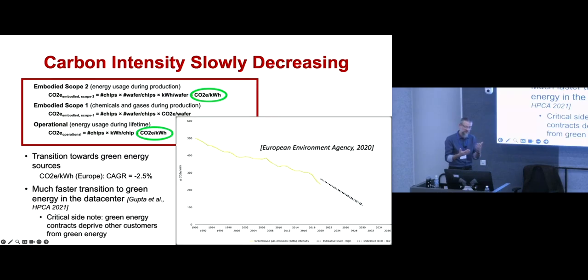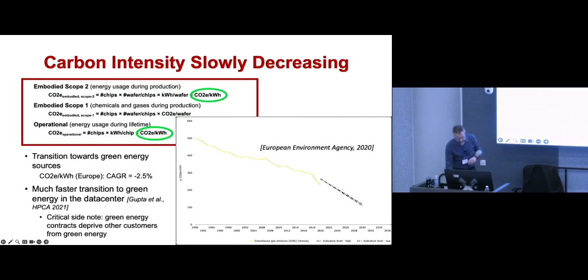But there is a pitfall there, in the sense that the green energy used by these hyperscalers cannot be used by other people in that region. In fact, in some countries in Europe, at least that I know, like Ireland or the Netherlands, there has been a ban on installing new data centers because they consume too much electricity, and they would take up too much of the green electricity that is available, so that the whole nation would no longer be able to hit the green electricity targets they set forward. So there is a little bit of greenwashing going on there, if you ask me.